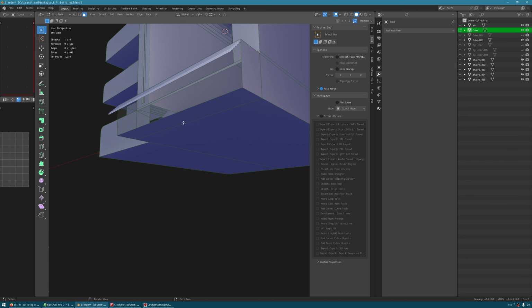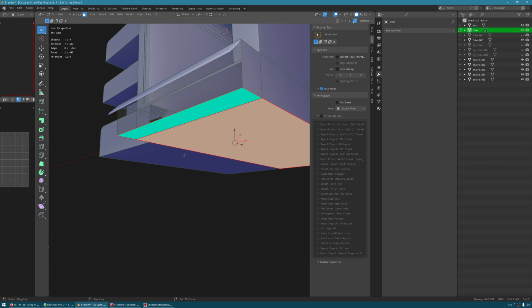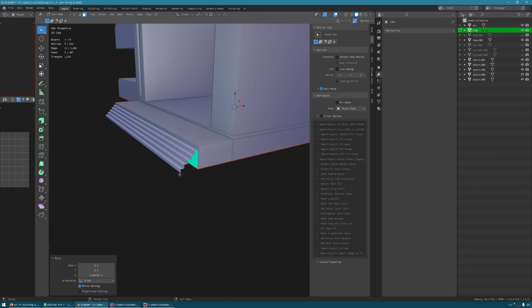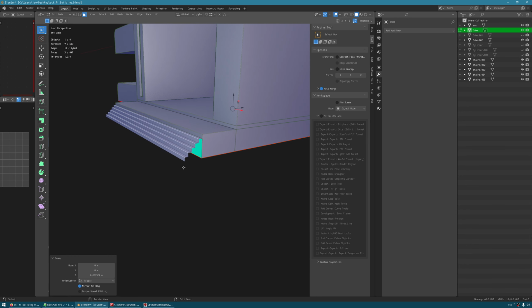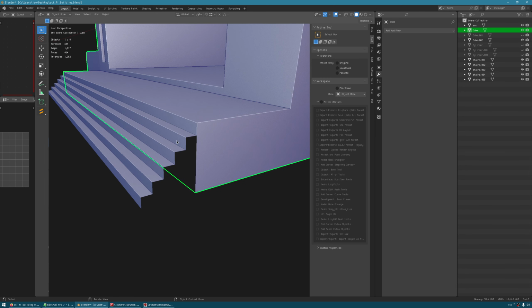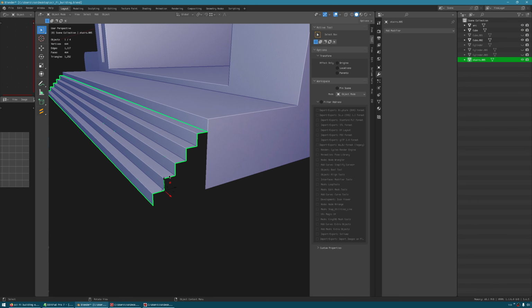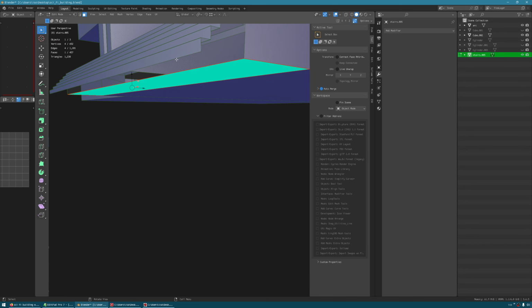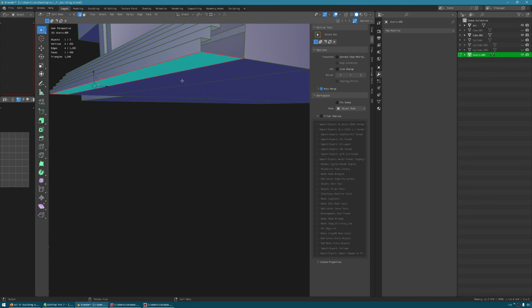So we'd edit this, select it, and move it to match the height of the stairs right here. Then we will join this geometry with the building itself. Control J, and we take this edge and this edge and